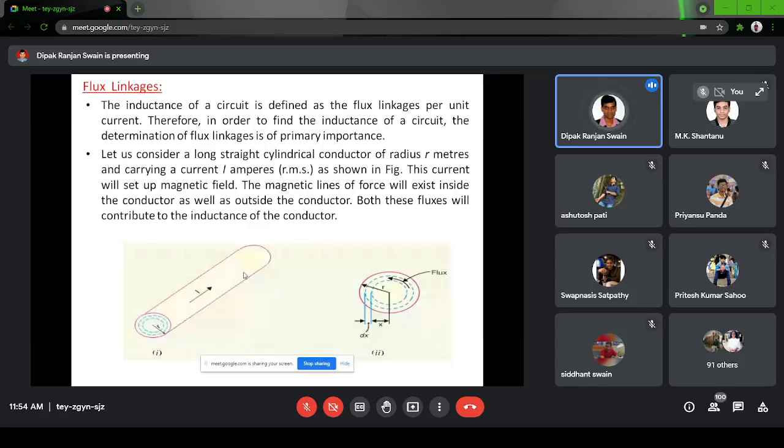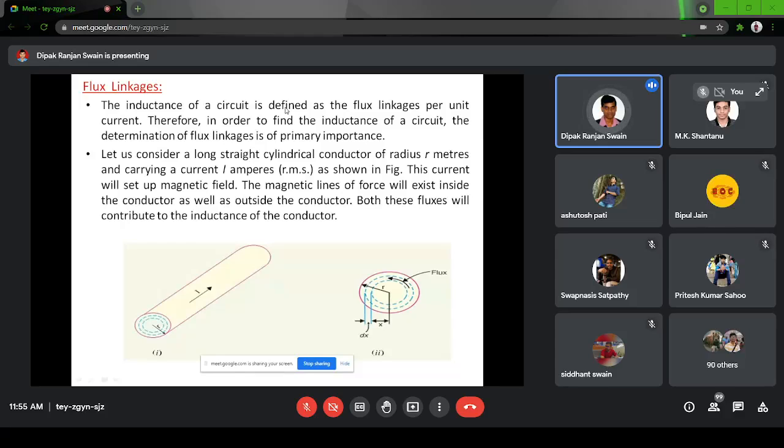Now let us go to the calculation. This is the first step of calculating the inductance of the conductor. So this is the conductor. I will be concentrating on this. This is the cross-sectional area and this is the length. If I enlarge this one, let us say this is a conductor of radius r. I am taking a small section of that, at a distance of x, a small cross-section of thickness dx.